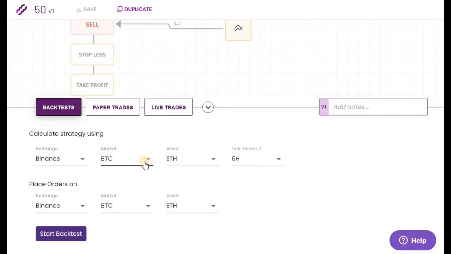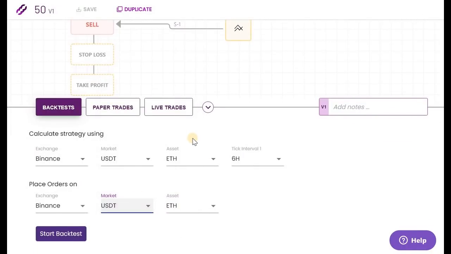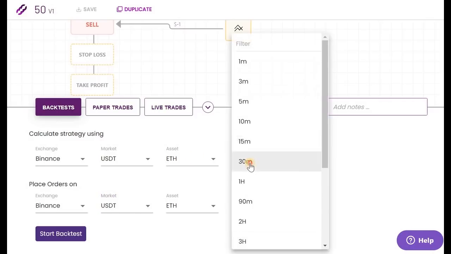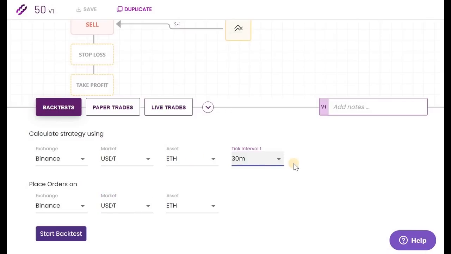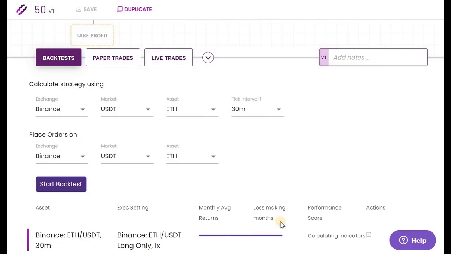Let me change some few things here. In this video, we are going to do a backtest on Ethereum, and let's select a time frame of 30 minutes. This is exactly the time frame that was used in that video. Now that I have gotten everything set up right here, I would go ahead and backtest this strategy. Start. You would see that this is processing, and right now we are going to know if this actually works,